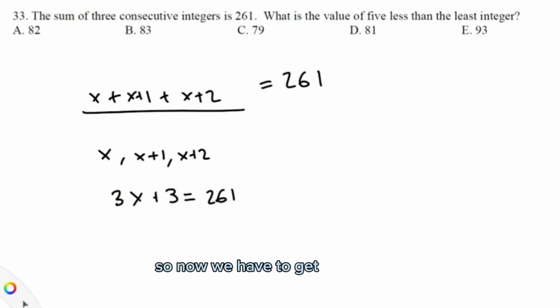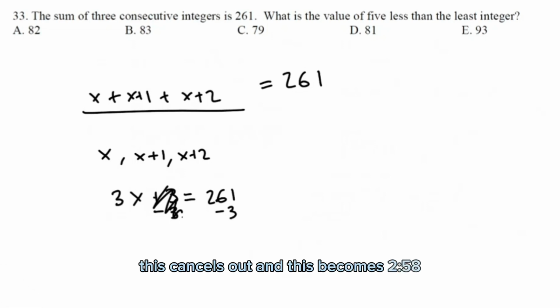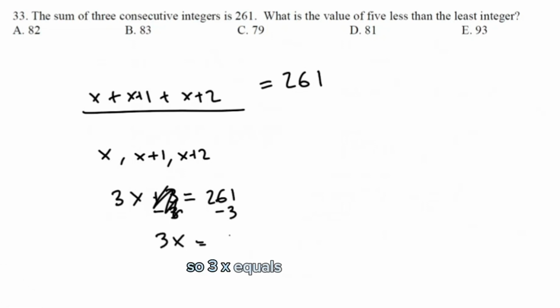So now we have to get 3x by itself. So let's subtract 3 from both sides of the equation. This cancels out and this becomes 258. So 3x equals 258. Alright, that means we can divide both sides by 3 to get the value of x, which is the